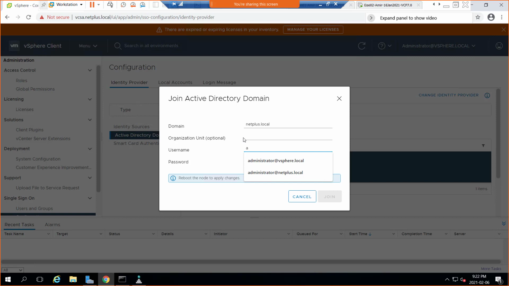Then, instead of administrator, I'll still try first with netadmin, because it has all the accounts at netplus.local, netadmin at netplus, or administrator, because we did not disable it as well. So netadmin at netplus.local, password and the domain name. It has all the privileges, so